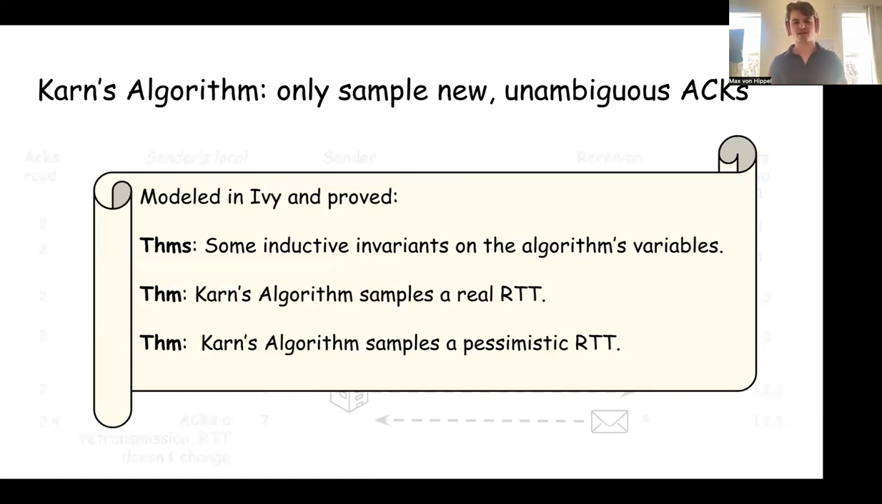So we modeled this system in Ivy, which is an interactive verifier for inductive invariance, and proved some theorems. The most important of which, first of all, were a number of inductive invariants about the algorithm's variables that showed that they essentially work the way you'd expect them to. But then also that Karn's algorithm really does measure a round trip time, and it measures a pessimistic one, meaning